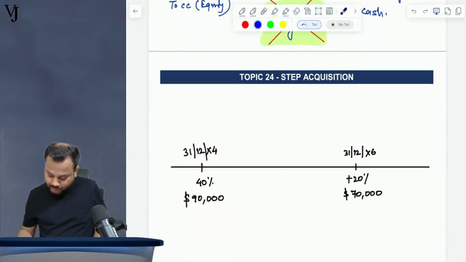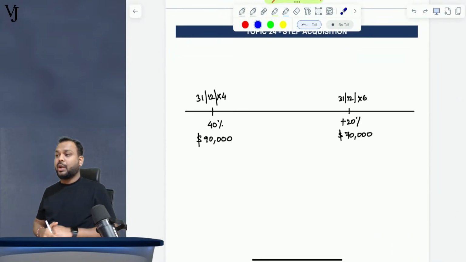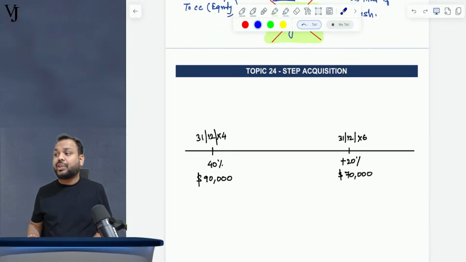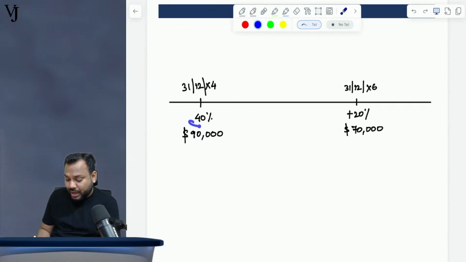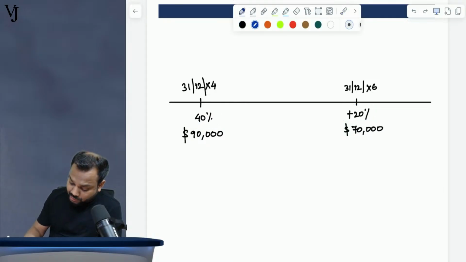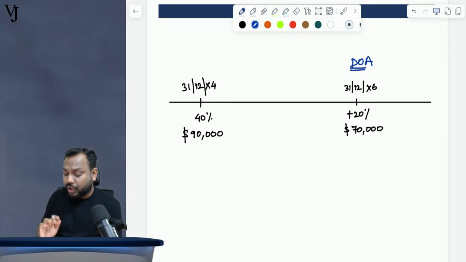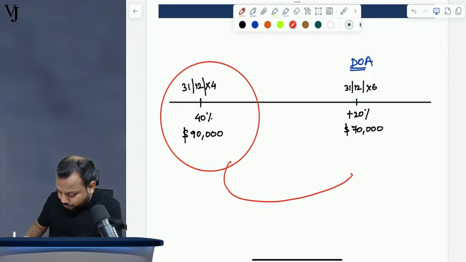Okay, now coming on to topic number 24. It's a case of step acquisition. Let's suppose here I have acquired 40%, and here I have acquired 20%. So tell me, what is the date of acquisition? This is your date of acquisition, the date when you acquired the control. On that date, the standard says that you have to remeasure the previously acquired interest at the fair value on this date,